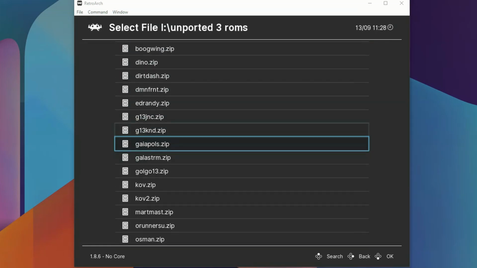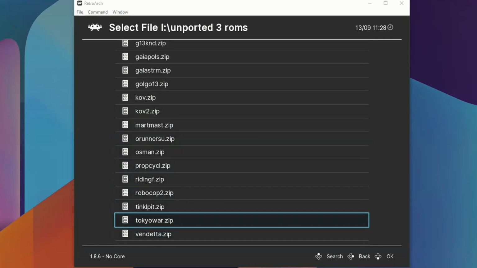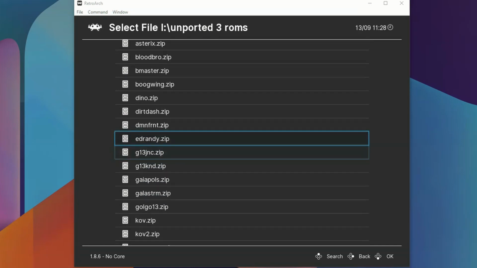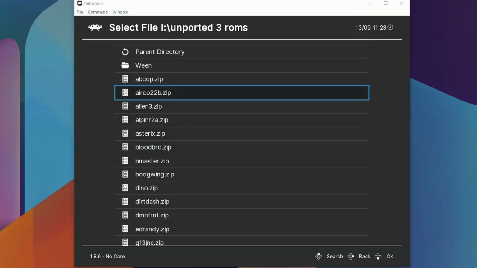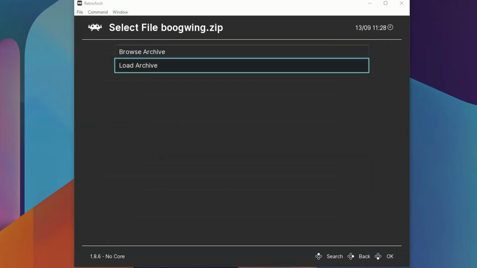But this is kind of my way to preview games that I might want to collect actual PCBs for, because some of them are multiple hundreds of dollars, and I just can't buy them all without seeing if I actually am interested or not. But RetroArch plays a huge component in me capturing all of the footage for Unported playlist,